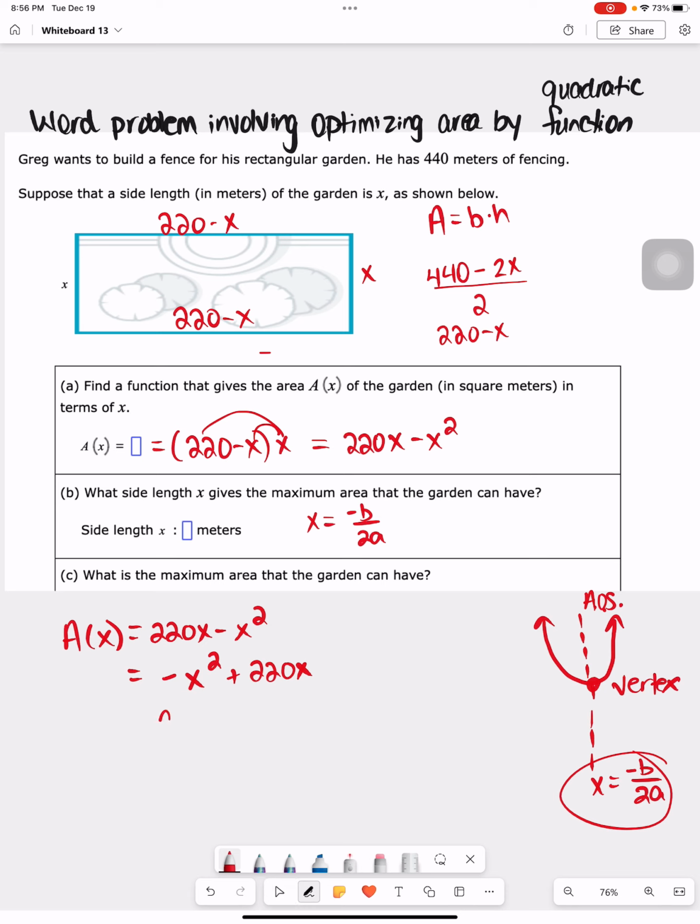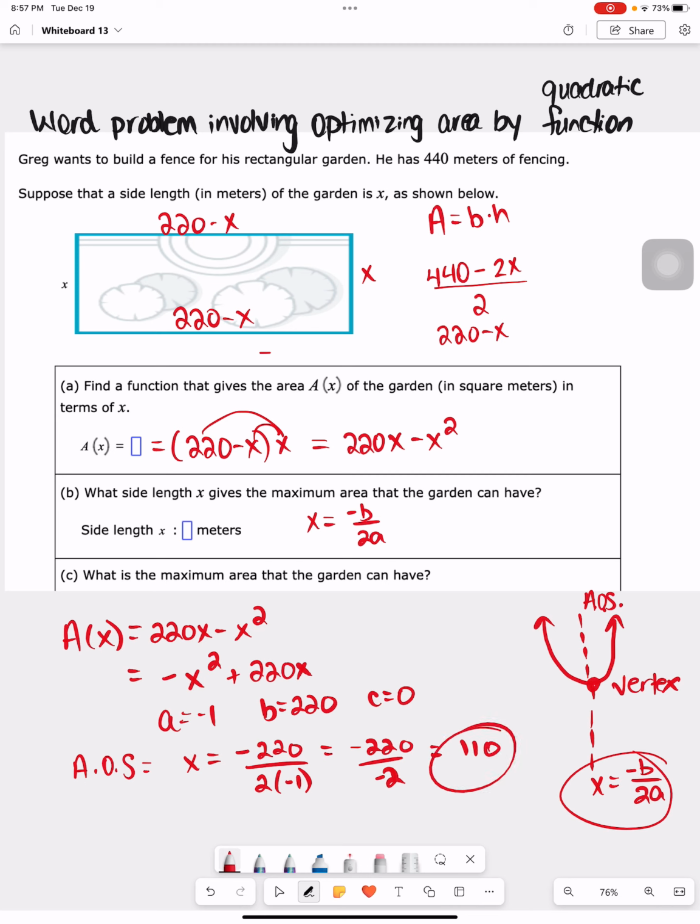So my a is equal to -1, my b is equal to 220, and because there's nothing on the end, c is equal to 0. But what I'm looking for is my axis of symmetry, and that is x equals the opposite of b, so -220 over 2 times my a. That is -220 divided by -2, and that gives me